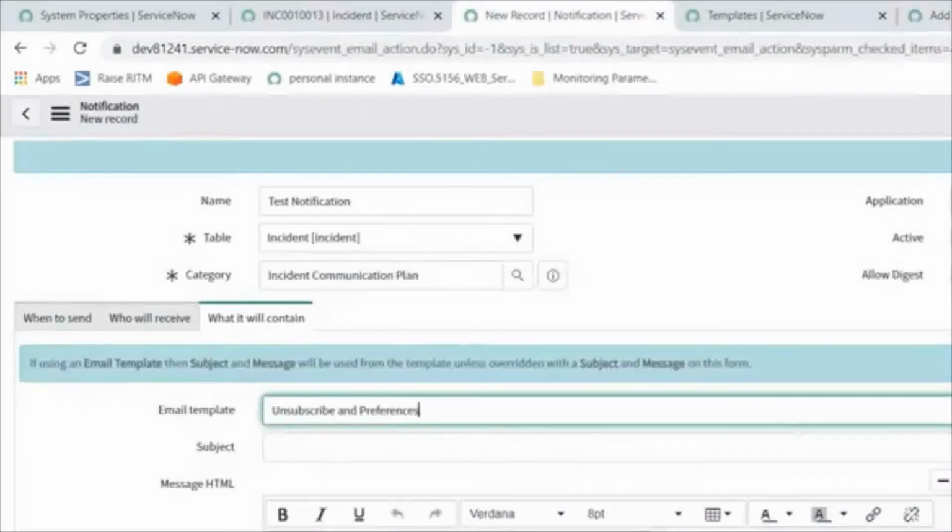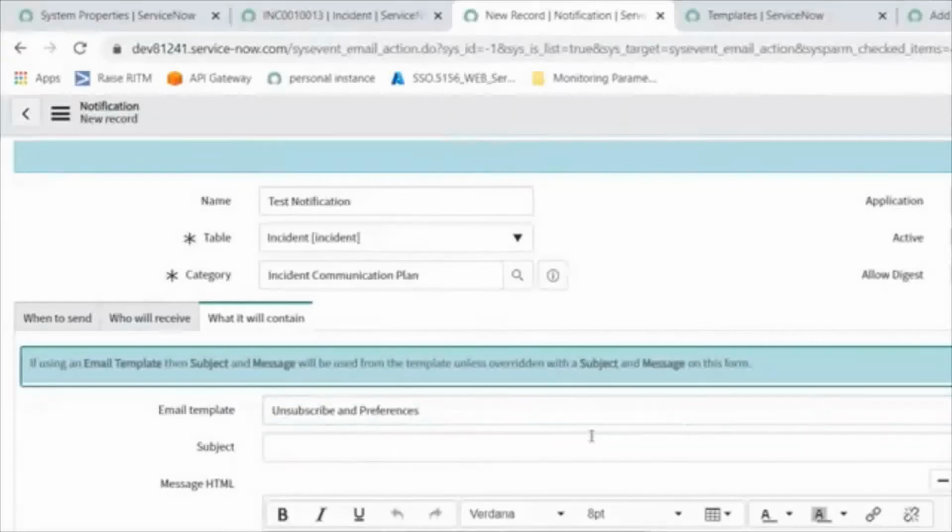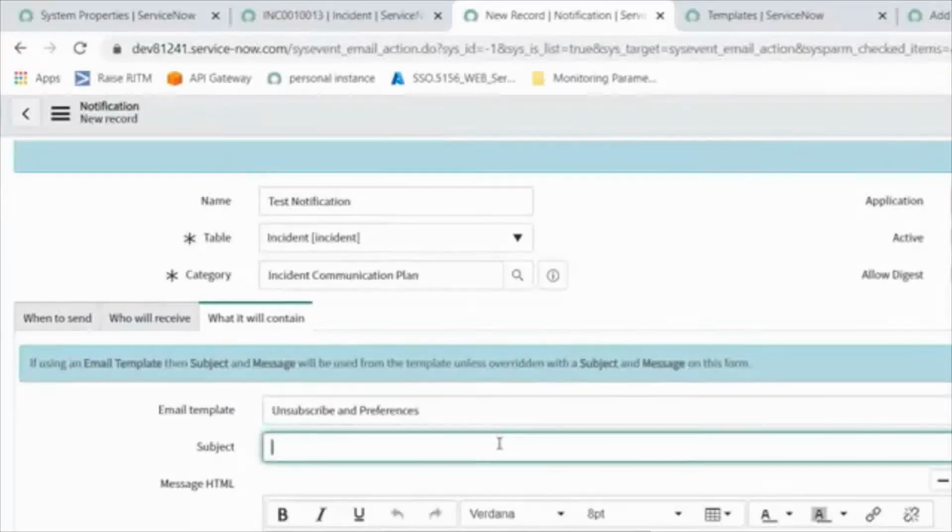Okay, you are clear about the template now, right? So, subject. Subject means, whenever you send a notification mail, you write a proper subject, right?